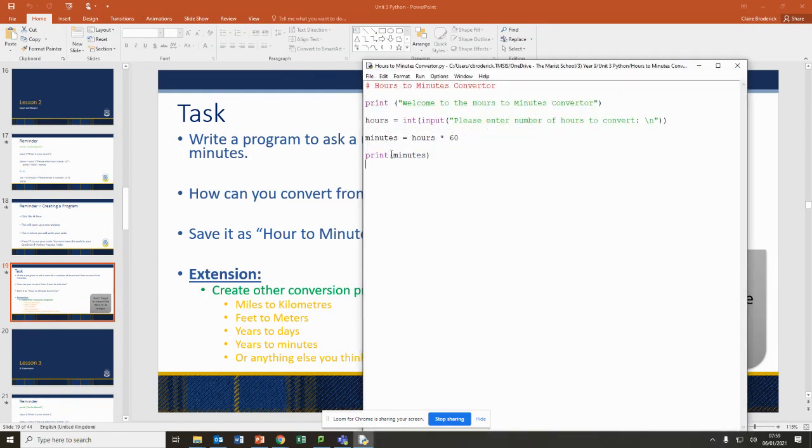Now you can neaten this up by saying something like hours, we do a comma, converted into minutes equals, and we close that because that's our string, and we do another comma. Hours converted into minutes equals, and we can